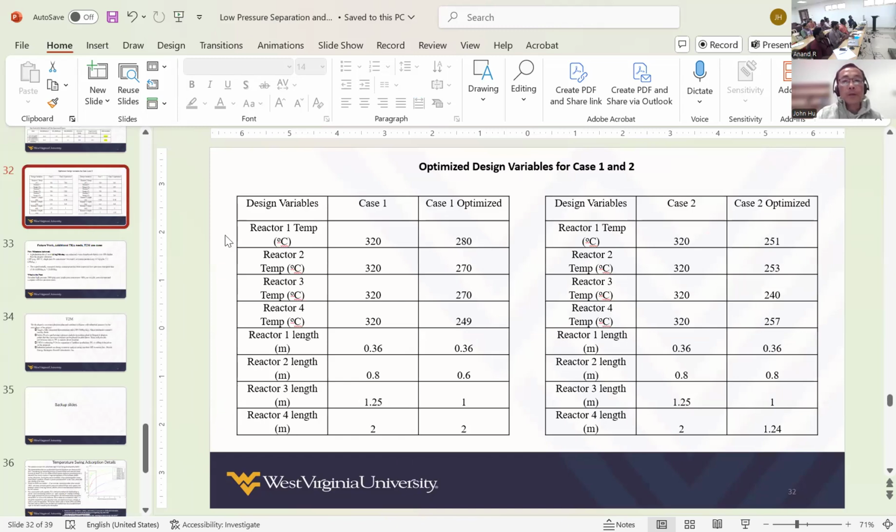And so, we can further talk about how we optimize this, but I don't want to spend too much time on this because it's just too mathematical. I know the audience, if you are not in economic analysis, you will be really getting bored. So there is a lot of detailed optimization we have done to optimize design variables for case 1, case 2, because we know case 1, case 2 is the way to go. Okay, so